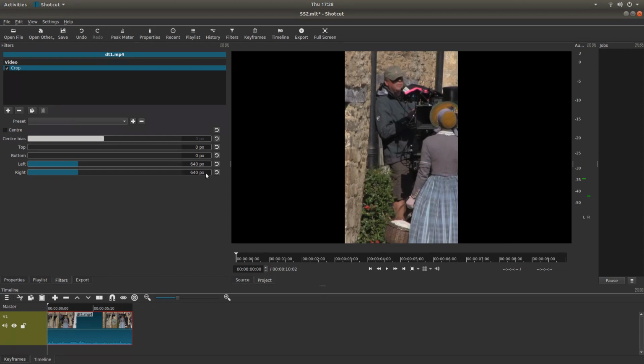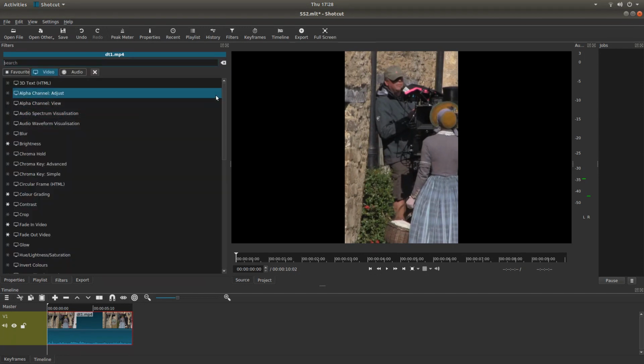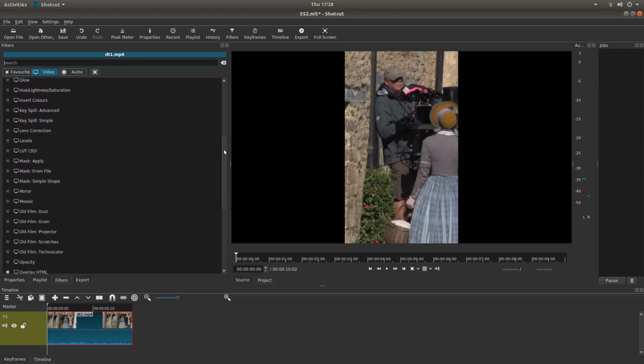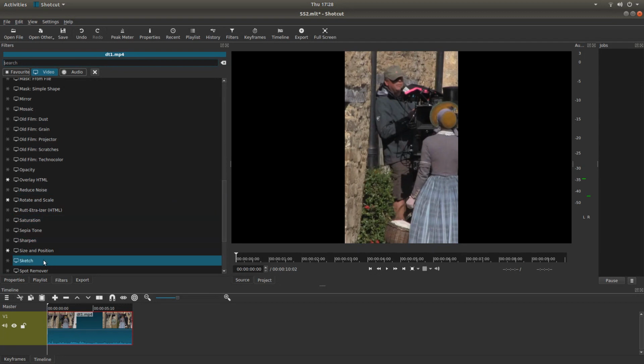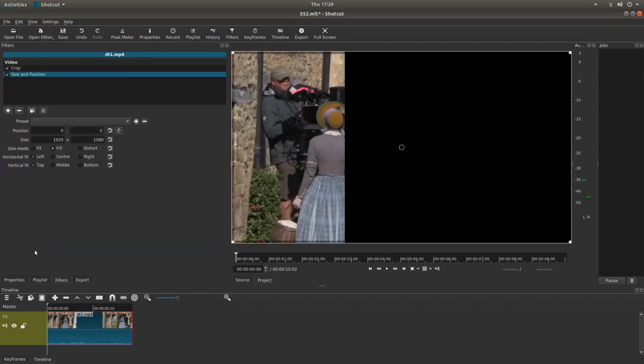I think 2 clips would be 480. Other than that, you might have to do some calculations yourself. Okay, now I want to bring this clip to the left hand side. So what I need to do is look for the little plus sign and left click on this. What you're looking for is size, position, or size and position. So left click on this,